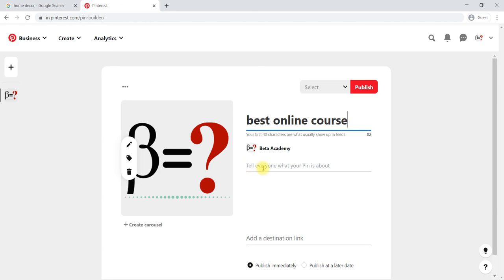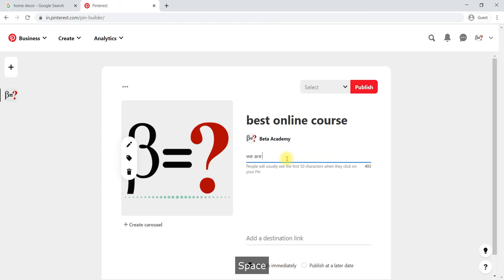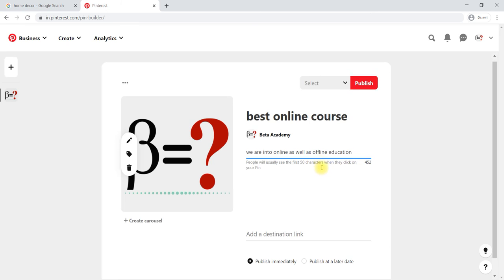Here you have to give the description about a product. Like this, you can give the description about a product. A little more description you can also add.